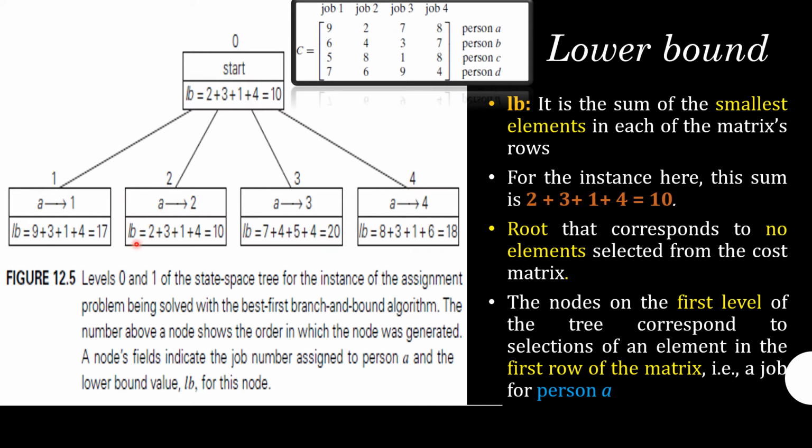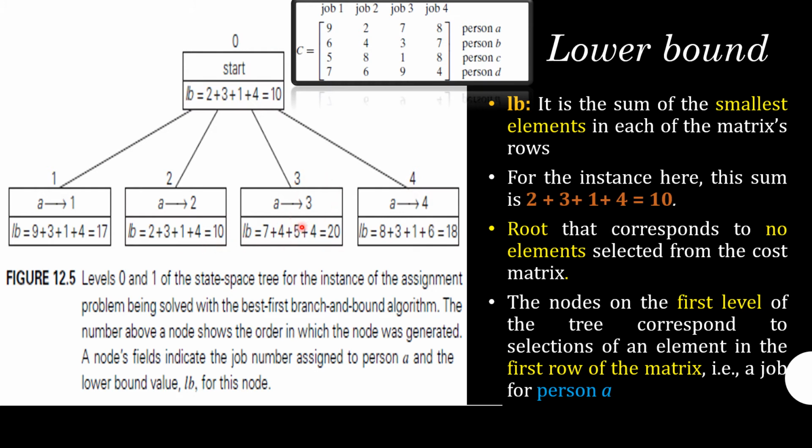Then after that we have to find the lower bound. So I have selected this second value in the matrix, 2. Then we can select the minimal element 3 from the second row because it is present in the third column. What about 1? Yes, we can select 1 also. Then what about 4? Yes, 4 is also selected. So 2 plus 3 plus 1 plus 4 is equal to 10.